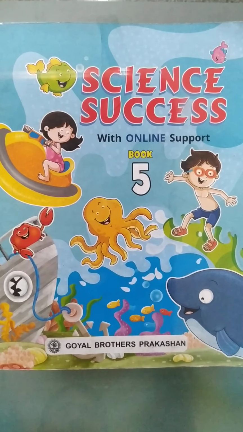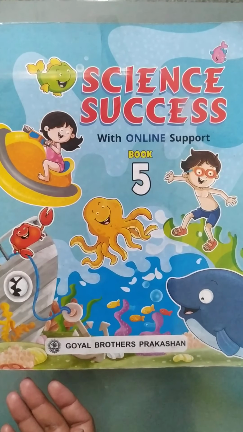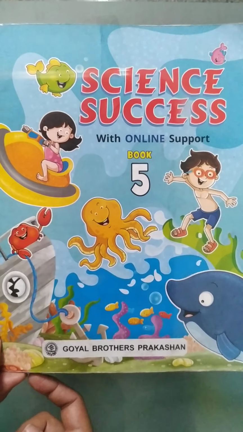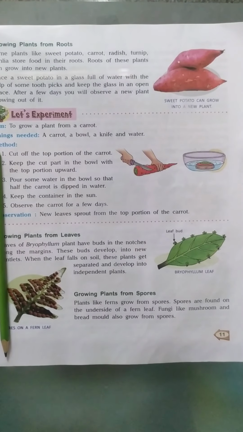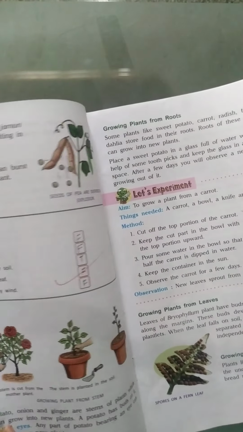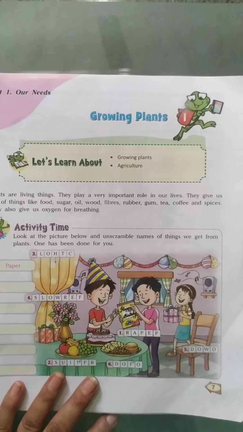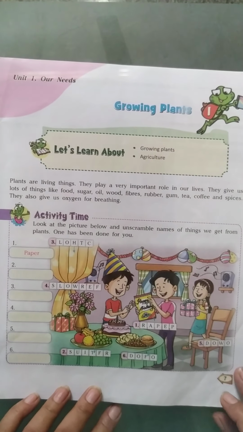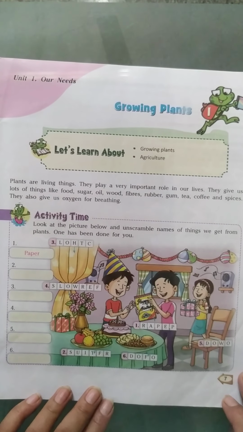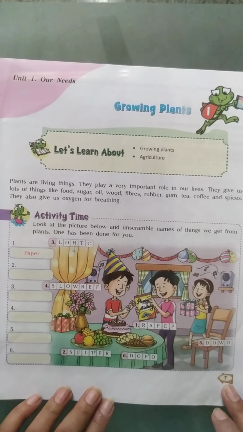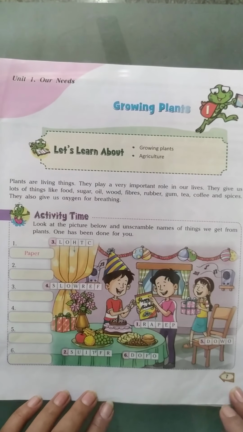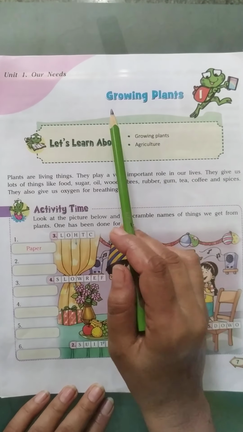Good morning, class. As you know, I have given you the holiday homework for completing the exercise. So from today we will do this work only. We will complete the exercise which I have given you, and the question answers we already completed, and I hope you have written those question answers in your notebook. But the exercise which I am going to tell you now, you have to complete in your book only. Okay, so the first chapter is Growing Plant.